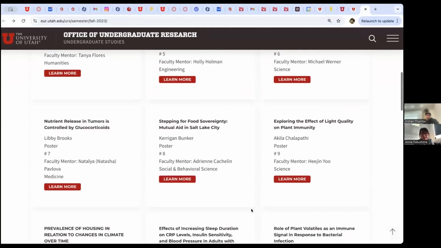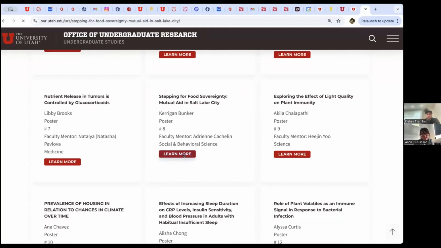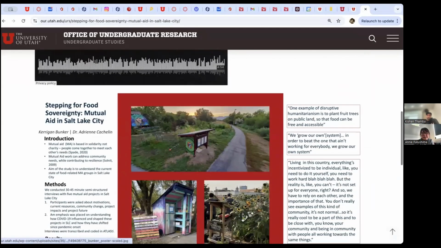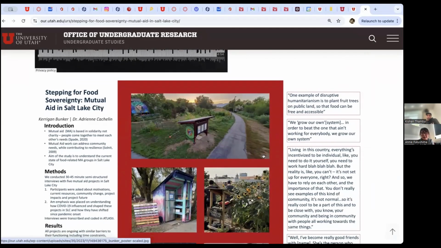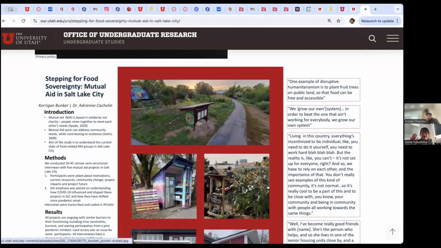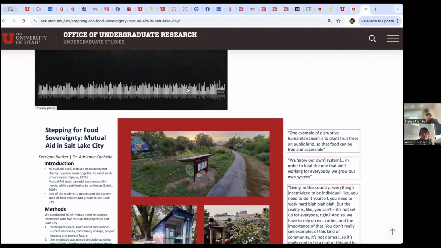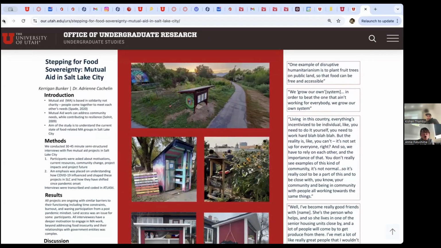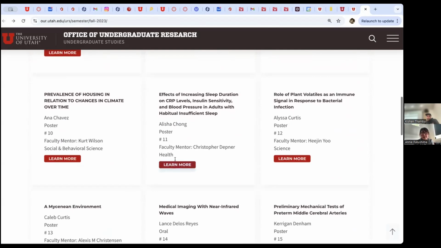Let's just take a look at maybe further down here at this one. This one has an audio and it is accompanying that poster. So they did both. And this is because in this experience, really, you're not going to have people walking by. So how do they know what you think and what you're saying about your presentation? And so these auditory contents are intended to help give more context to the presentation. So I encourage you to check it out because this is how it looks.